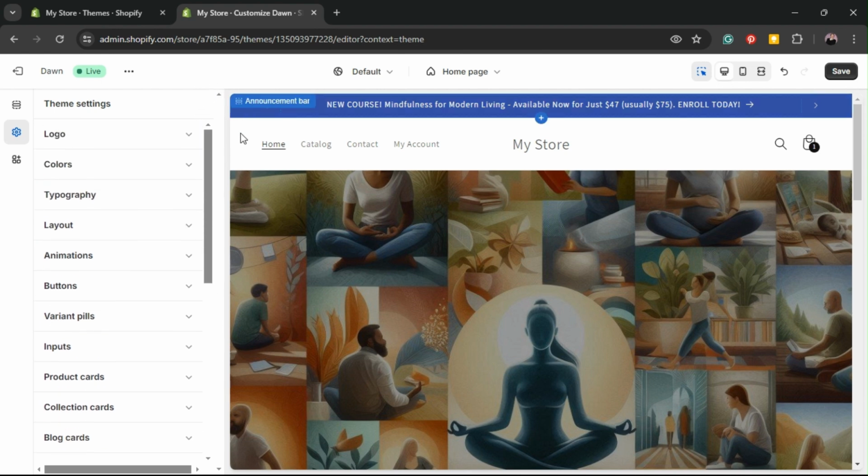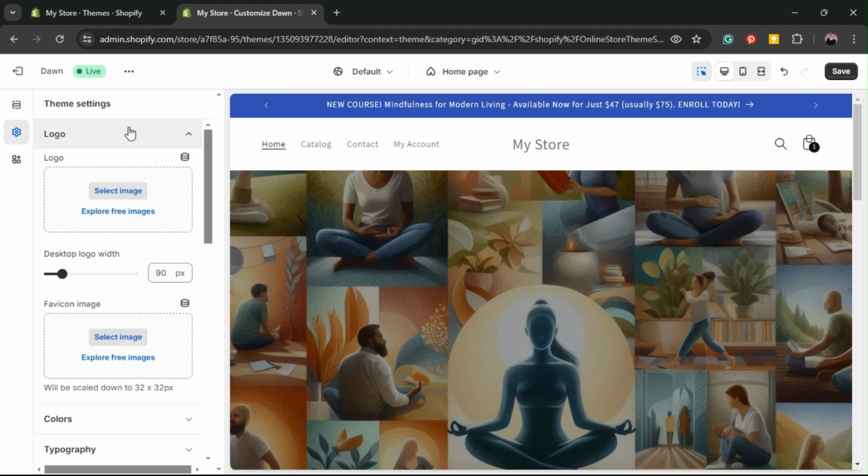Now, personally, I'm not going to change a lot of these settings. I'm going to keep a lot of it as it is, but I will show you most of these settings so that you can get an idea of what is possible. To begin, one of the most important settings we need to change is the logo. As you can see, we've just got the name of the store for now, and it looks a little bland and a little generic. So we're going to click the logo drop down,